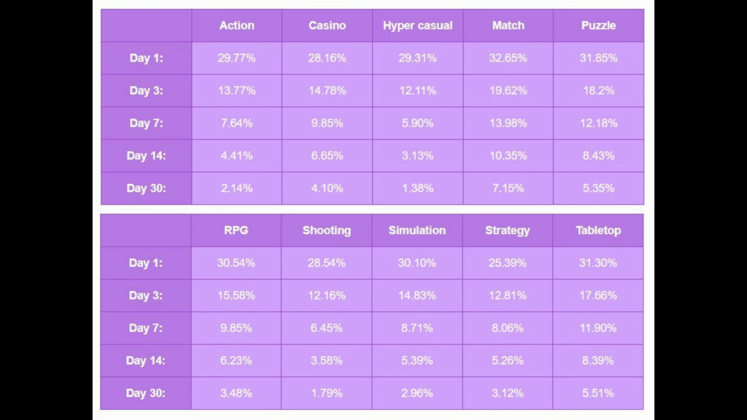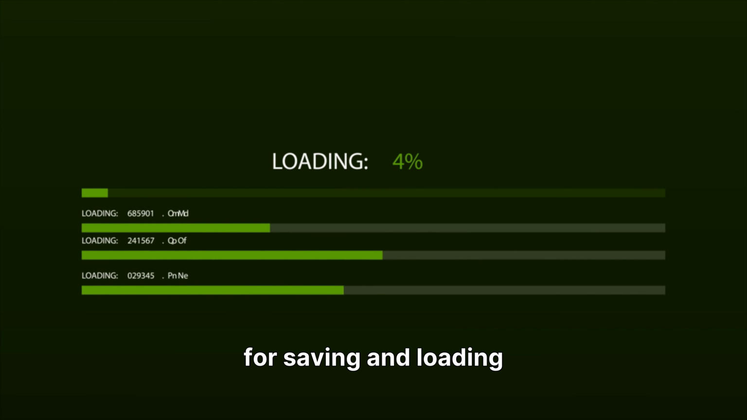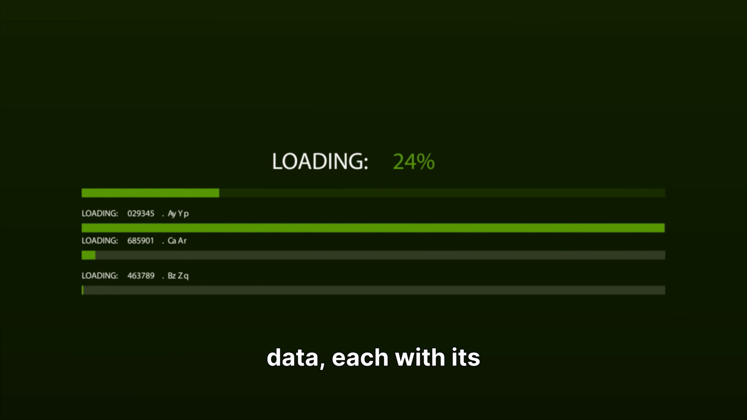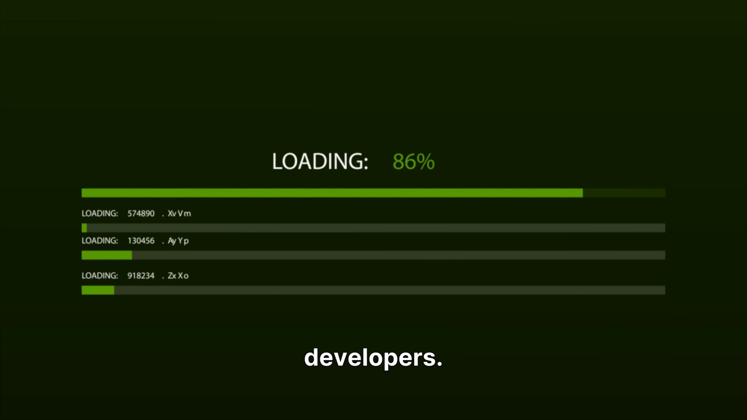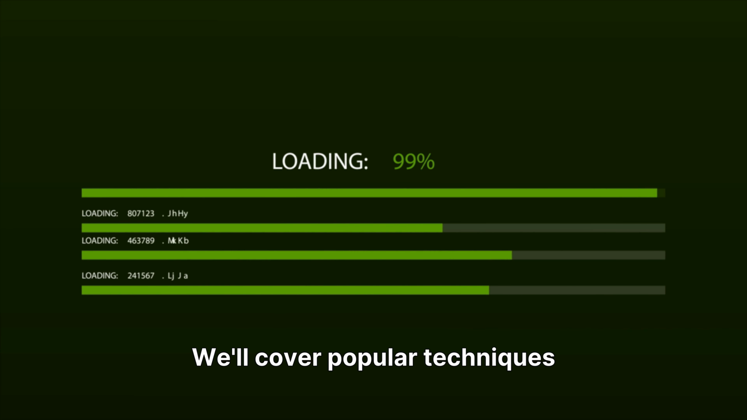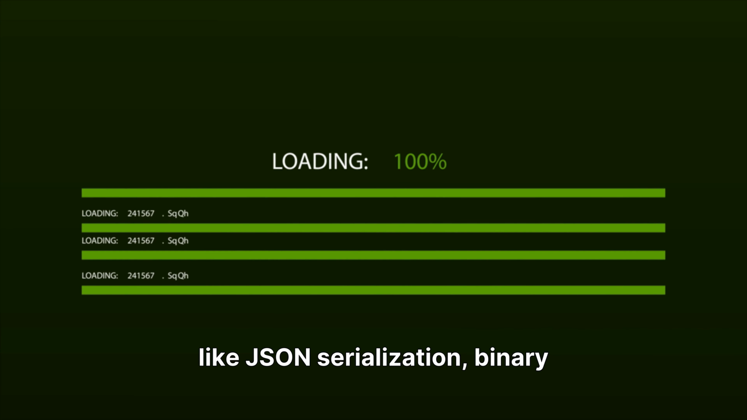the game is closed. Without a reliable save system, players can become frustrated and abandon games, making it a cornerstone of modern game development. We'll explore various methods for saving and loading data, each with its own advantages and disadvantages, tailored for beginner game developers. We'll cover popular techniques like JSON serialization, binary serialization, and Unity's built-in player prefs, helping you choose the best approach